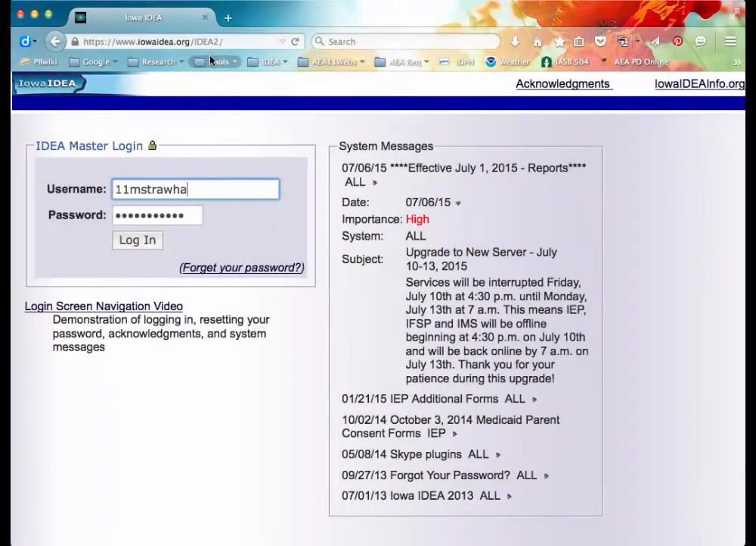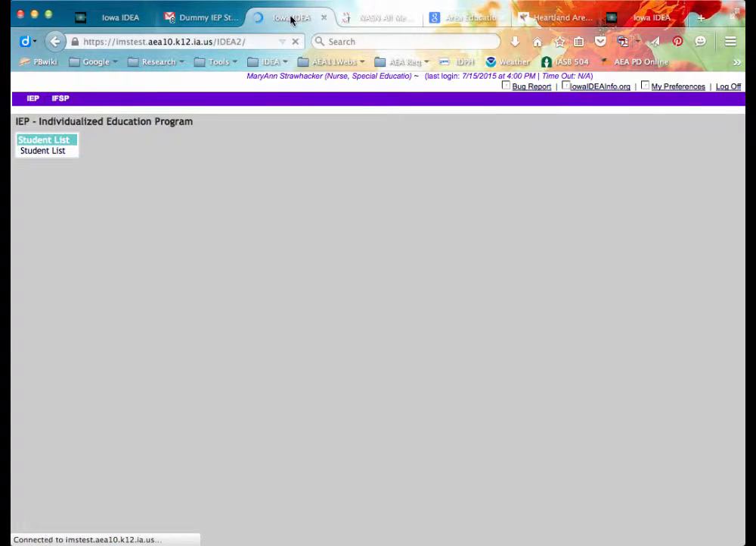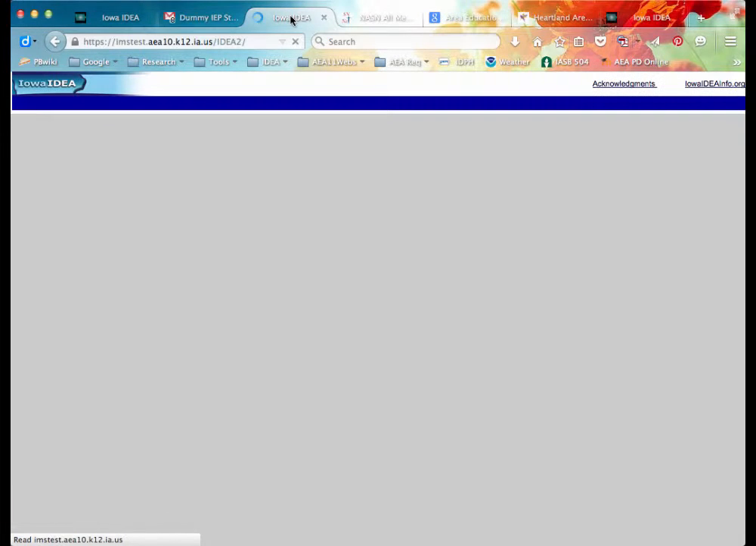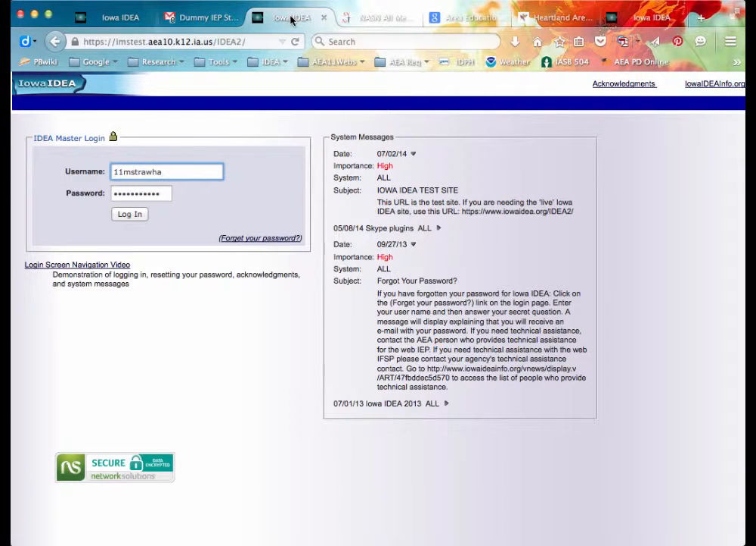Today what I'm going to do is actually use the dummy site that will allow us to go in and not break anybody's confidentiality. So I'm going to go in and paste that. Notice the difference in these two addresses. This is actually the dummy site. I just wanted to show you both. I'm going to log in again,